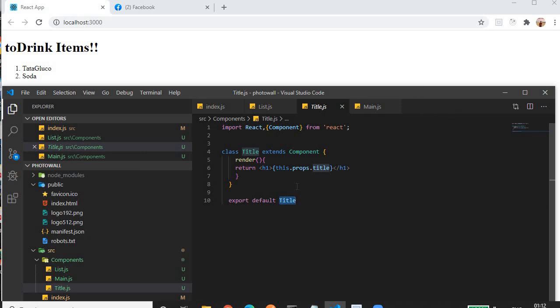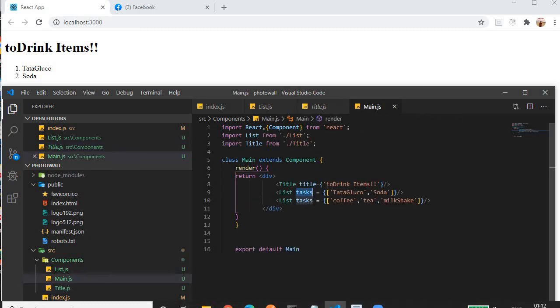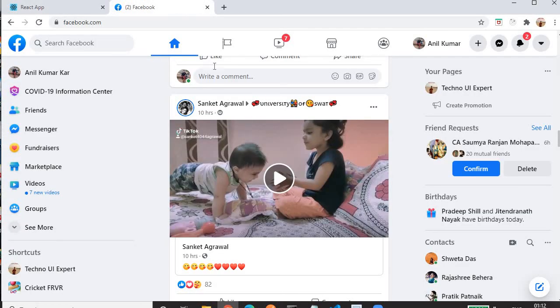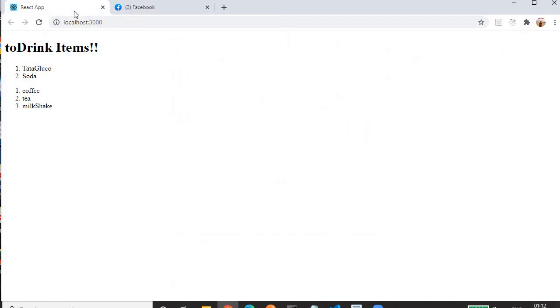In this way we can pass data to the component. Consider the title as a post component, and we are providing different content to that post component, and repeating that post component again and again. That's why in Facebook we see different posts with different content.